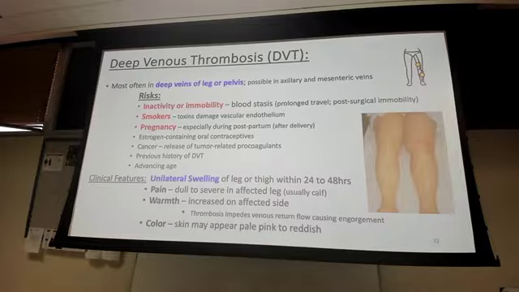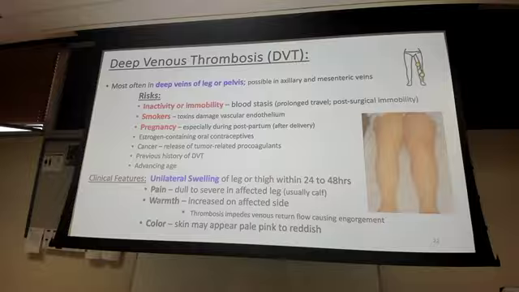But anyways, so we got some type of blood clot, right? We're not getting that venous outflow. It's going to increase that pressure. That fluid's going to actually start going into the interstitial space because we're not getting that outflow anymore. And so we're going to have that unilateral extremity swelling. It's going to be painful,